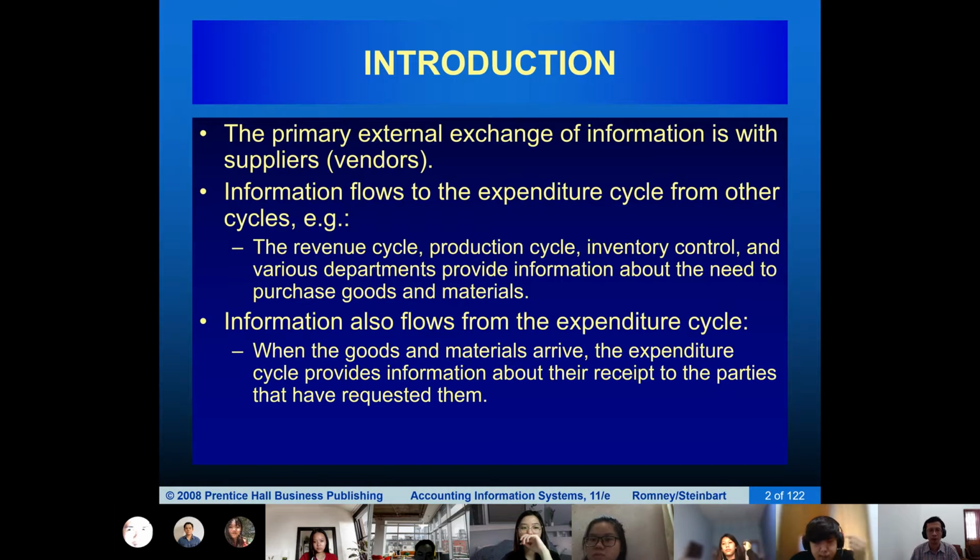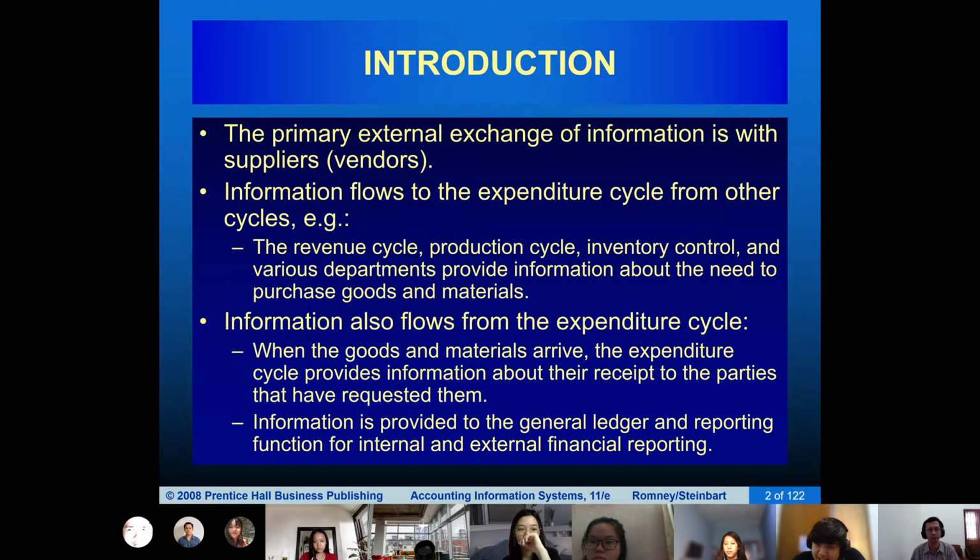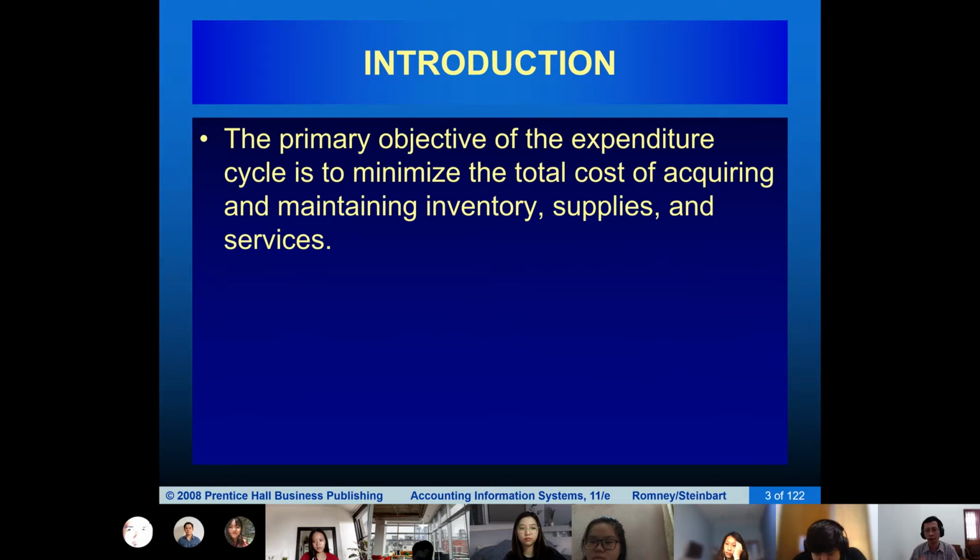Expenditure cycle will also give information to other cycles when the product or services that they order are ready, and also obviously to generate ledger and reporting function for creating financial report. So the primary objective of expenditure cycle is to minimize the total cost of acquiring and maintaining inventory, supplies, and services. This is the total cost, not only purchasing costs, but also operational costs, maintaining costs, and later